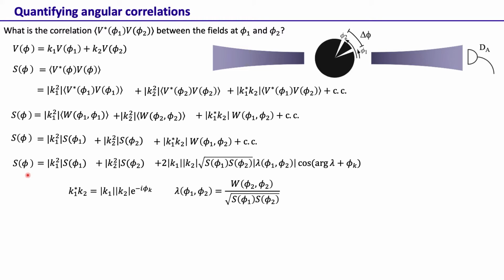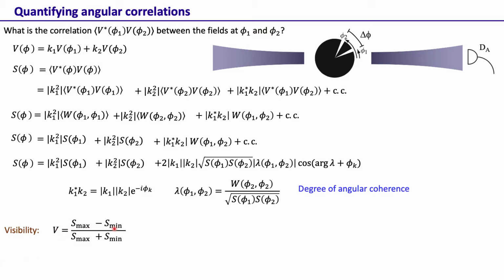So essentially the point is that by looking at the intensity or spectral density at phi, one can find out the correlation between the fields at phi 1 and phi 2 at some other plane. Okay, now this is the intensity. We can call this a degree of angular coherence. So corresponding to this intensity that we would see, we can define a visibility.